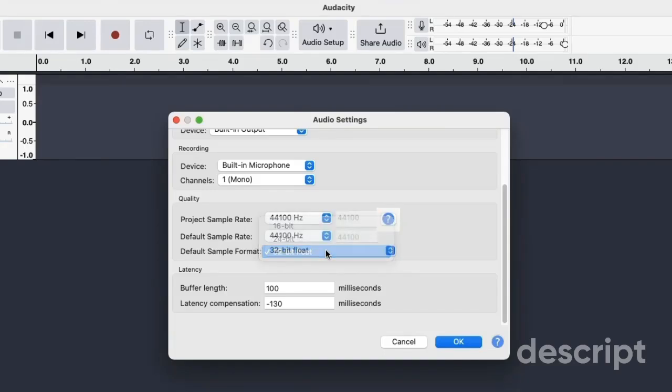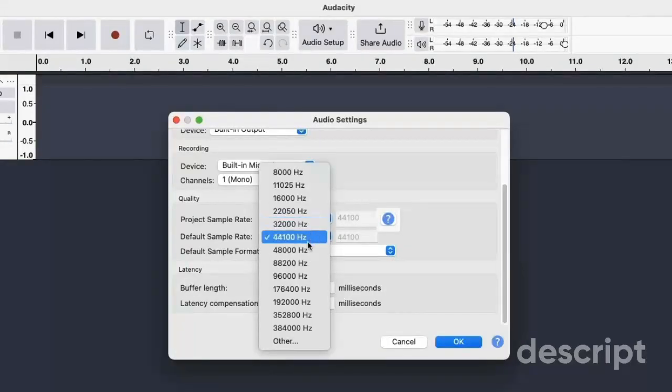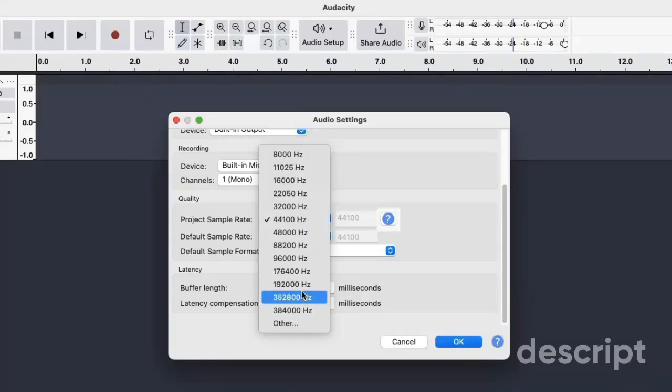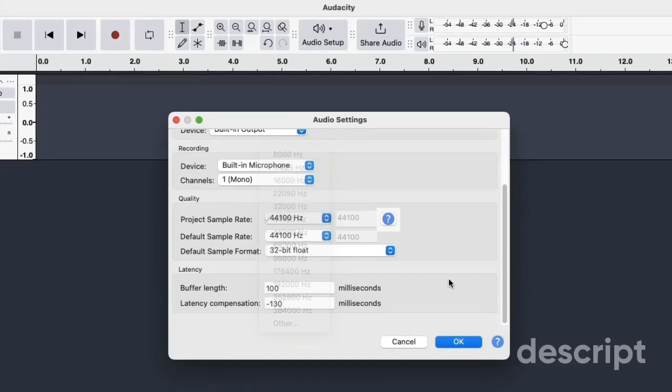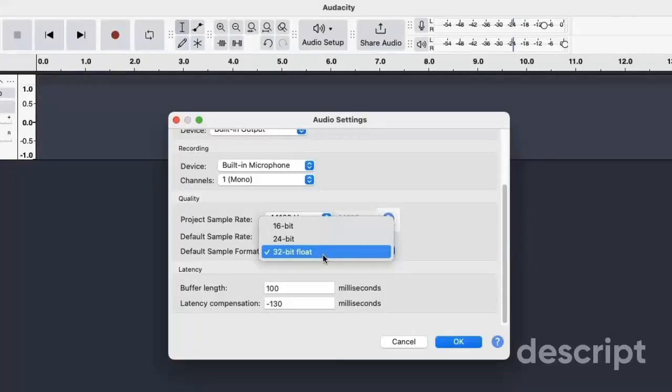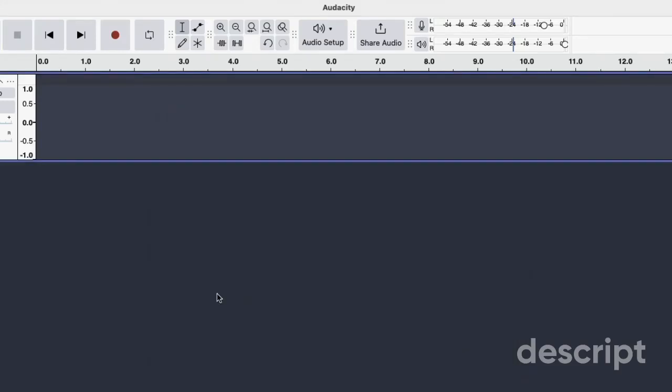32-bit float, you can change these to lower if you have a laptop that doesn't have as much storage and CPU on it. So basically, the higher this is, the higher your audio quality will be, and the higher your mixes will be. But the more storage and the longer time it will take to render on your laptop. So if you've got a small laptop like me, probably best just to keep it as standard for now. But all you need to know is the higher the bit depth and the higher the sample rate, the higher the quality of your mix. So super basic today, I'm just going over the